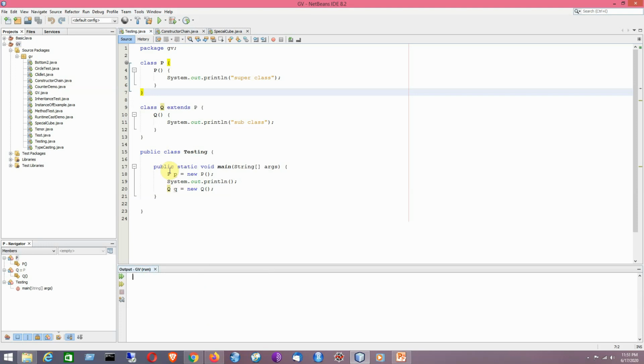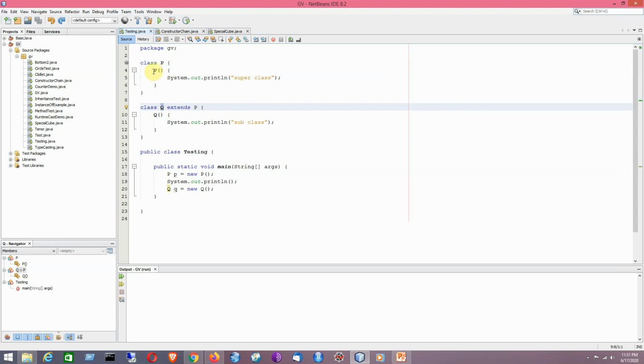Now, before demonstrating constructor chaining, first I would like to mention a very important property of Java classes in terms of their constructor. Say for example, we have got two classes here, P and Q. P is the superclass and Q is the subclass. Both of them are having their individual default no argument constructor.